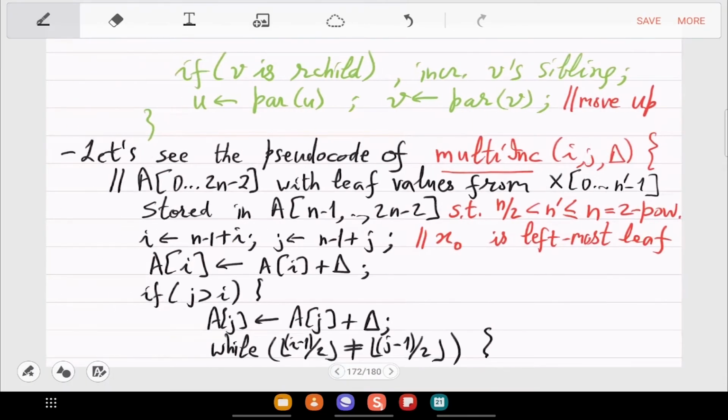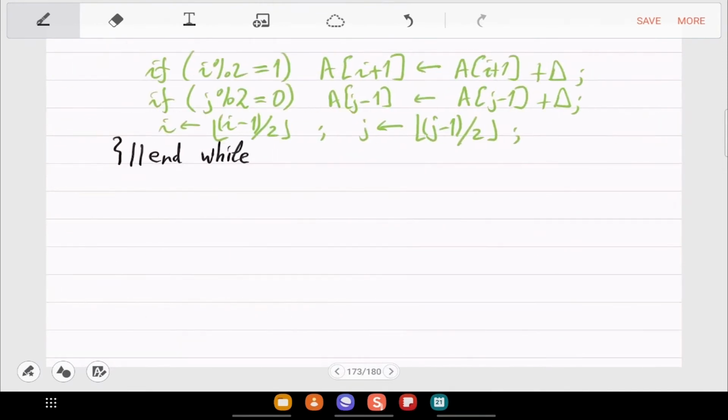And yeah, that also finishes the if condition j greater than I. And I think that's it. So this is the end of the function. Okay, so that's all. So this is the implementation of what you saw in the last class.